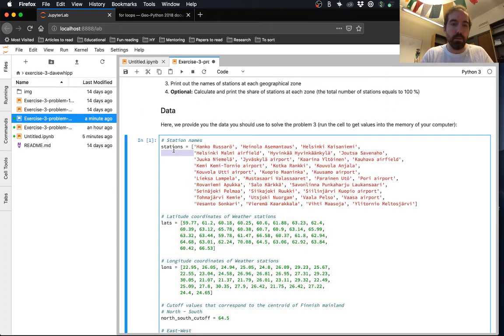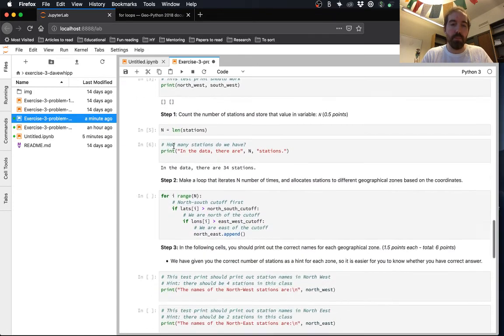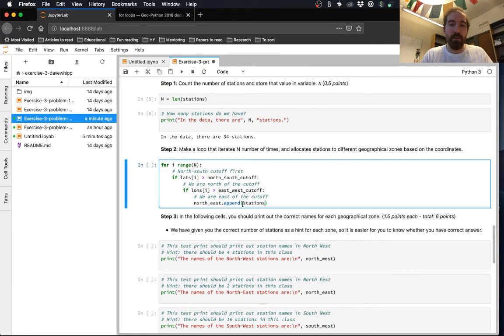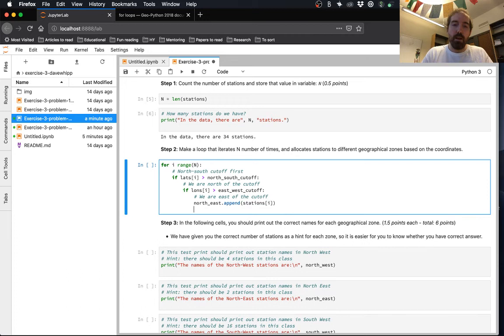I guess it's going to be stations of i. So for this station in the list at index position i, we know that we're north and east, so we can add that station to the list. Hopefully that part makes sense. If not, you can add some questions while I continue here.